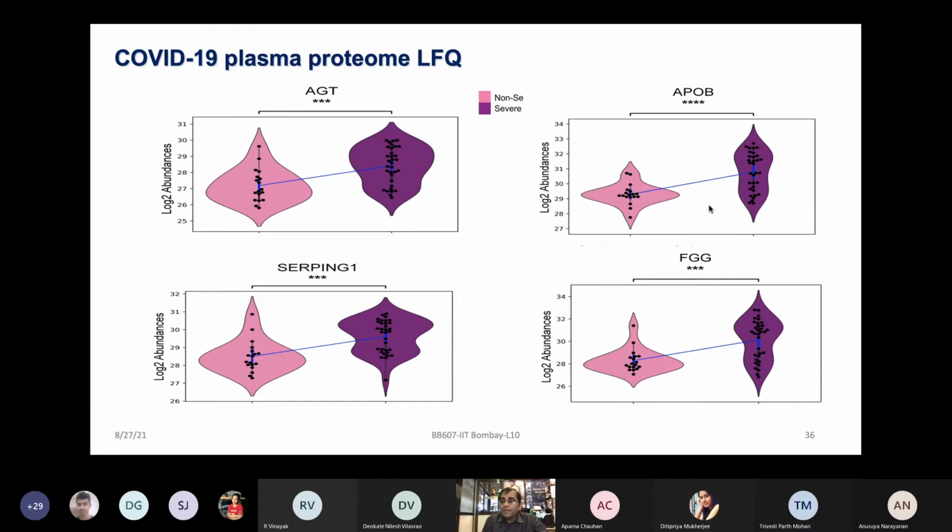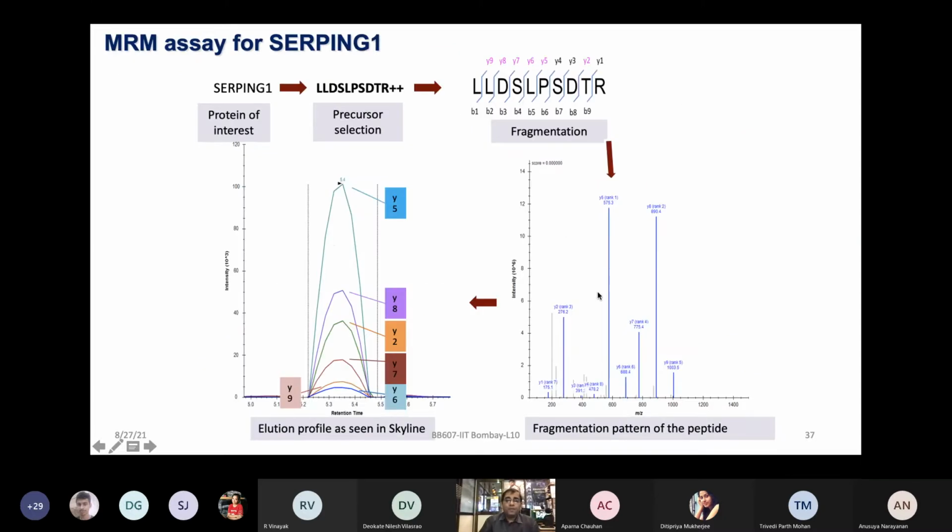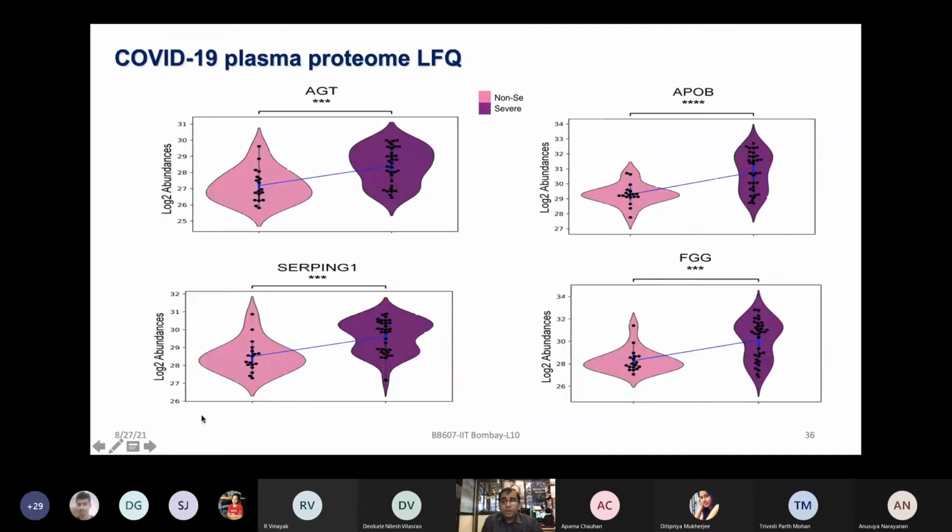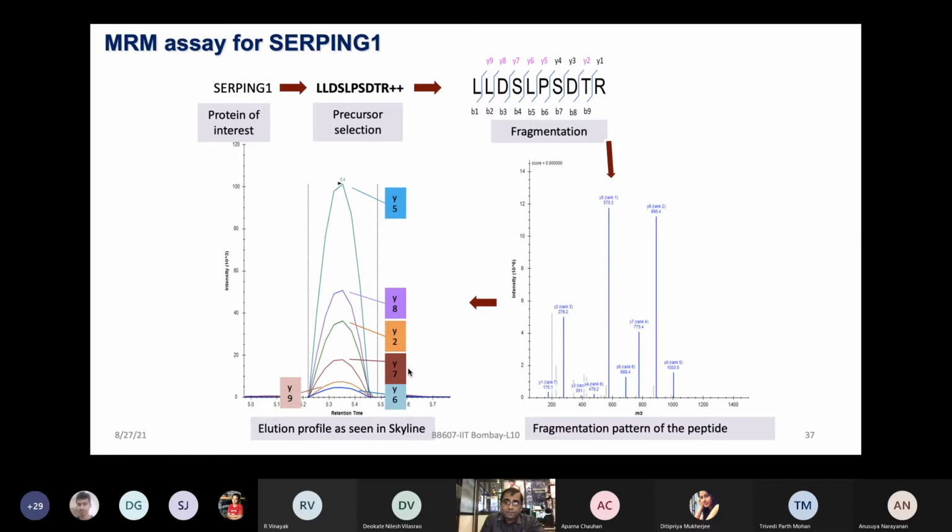So the idea was, rather than using the Orbitrap Fusion, which was used for this experiment, can we now use a triple quad mass spec to validate our targets? So the thought was, let's take one of them, the antitrypsin serpin G1 protein, and try to develop an assay for that. Especially, we are looking at non-severe and severe. Can we look again at a larger number of samples of these patients, and can we validate these peptide intensities and finally the protein intensity for comparing these levels of severity?